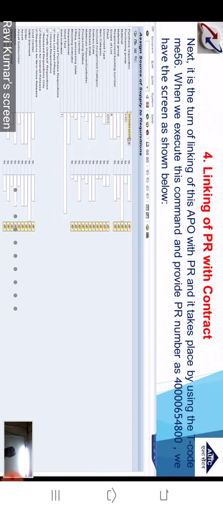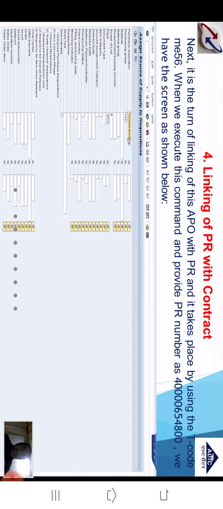Now think logically. On one side we have our PR, and PR has service parameters. On the other side we have our APU, and APU has the tax details as well as vendor details. What is the requirement of any PO? Creating any PO requires service parameters, vendor details, and tax details.